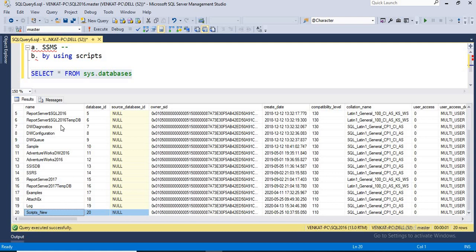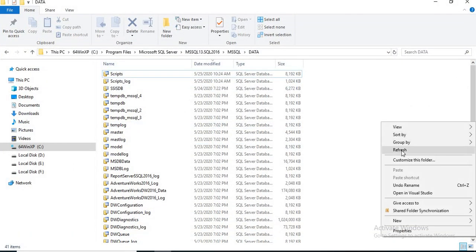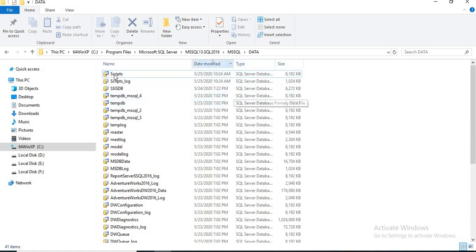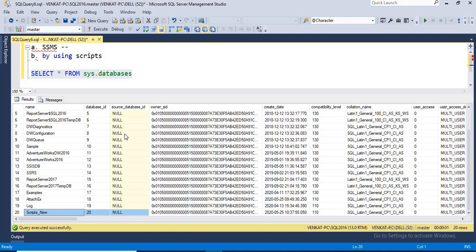Do you see any impact to the existing objects or existing privileges or anything? No, you don't see anything. Then what about the underlying files? Are the underlying files also modified to scripts_new.mdf and scripts_new_log.ldf? No, they won't change. Let me quickly go here. This is the location of the underlying files. If you perform a rename at the front end, the underlying files won't change. Do you see any impact? No, it's already linked in the background.